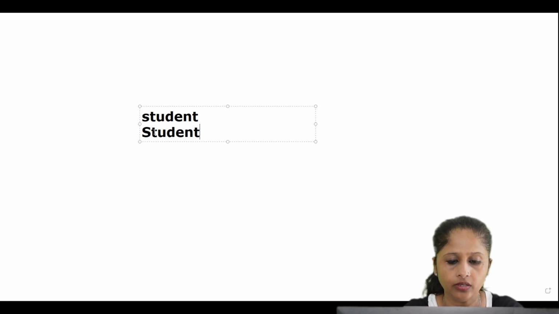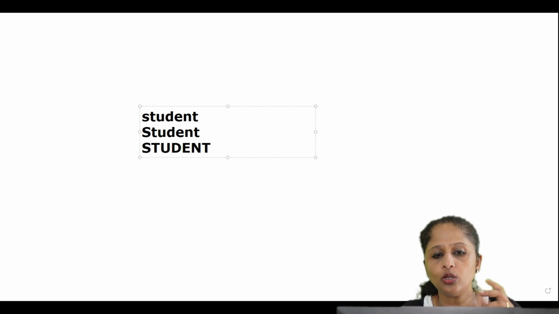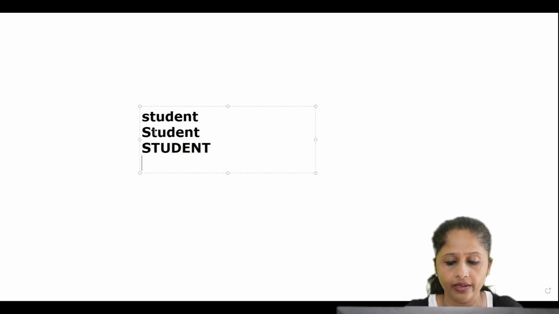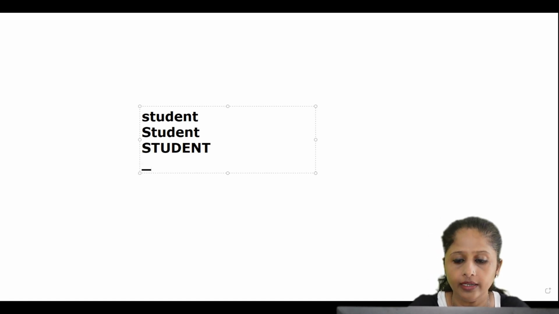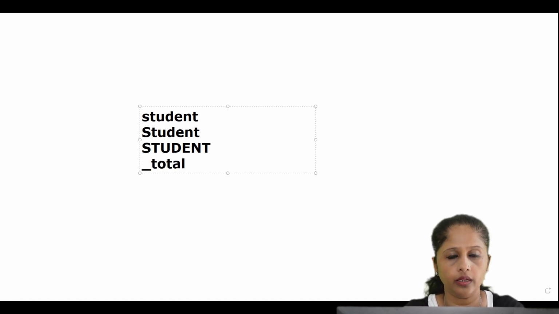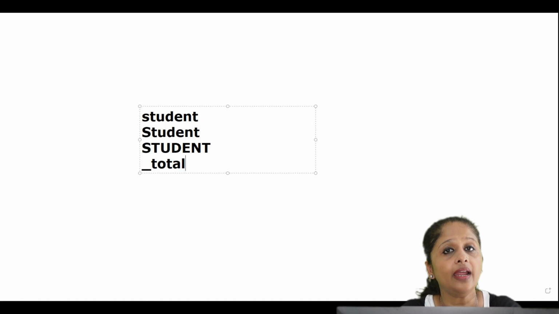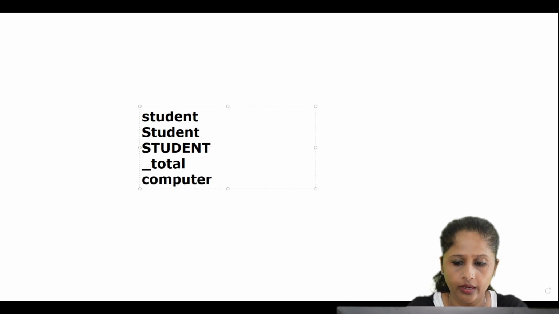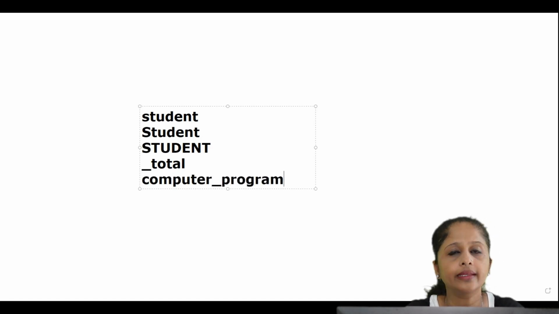Then I can write with full capital letters. This is also an identifier. An identifier can start with an underscore symbol, that is underscore, that is shift and that minus symbol. So underscore total. So this is a variable. So an identifier, you can start with either capital letter or small letter, or you can start with an underscore symbol. Even you can write like this, like computer underscore program, like that you can write, or you can write